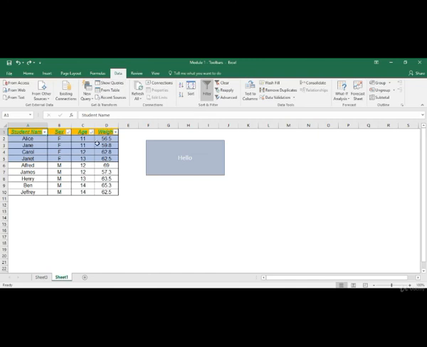Moving on to data. This particular group is used when we want to import data from other sources. So we can import data in an Excel file from a text file, from an MS Access database. Then there are some options like filters and sorts, which are similar to what we had come across in the first section, that is the home group. There are some options like what-if analysis, forecast sheet, data validation, which we would be covering in the advanced Excel module. Now let's look at remove duplicates.